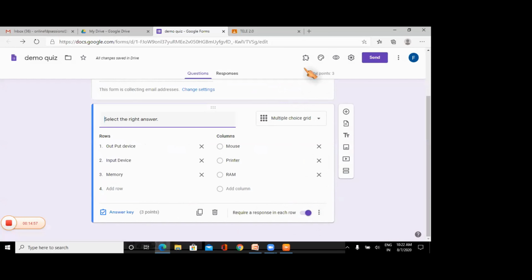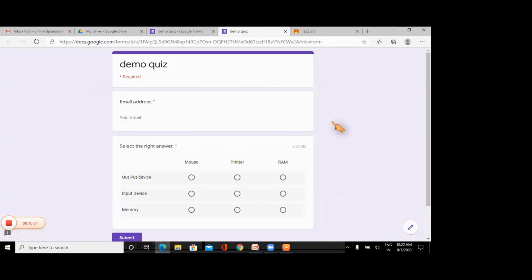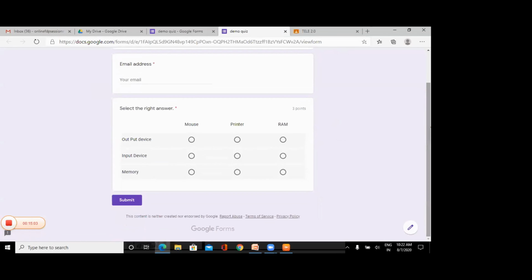You can see how it looks, or how it will be visible to the student. See, this way it will look. These are the questions and these are the options the student has to choose from. It will be in the form of option buttons. The student has to choose one. If she or he chooses the right option, then he or she will get 1 point, and so on, right?